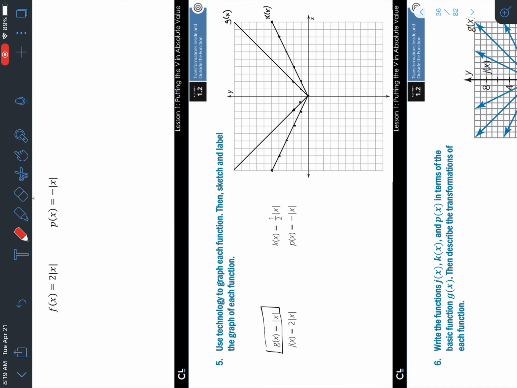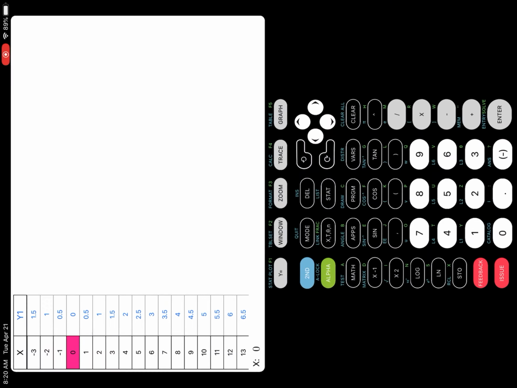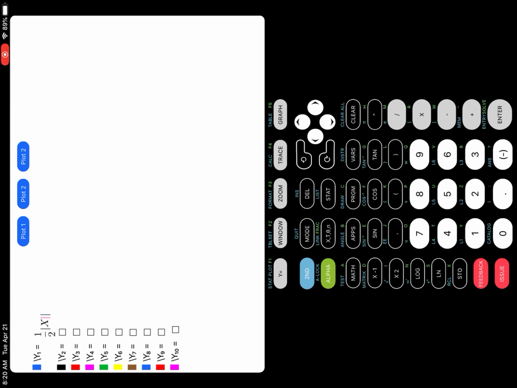Now, so we did that one, and that one. Now, let's do the j of x one, where it's 2x. So now let's come back to our main page. So we hit the Y button to get our graph back to this. Now, all we're going to do is clear all this. We're going to type 2